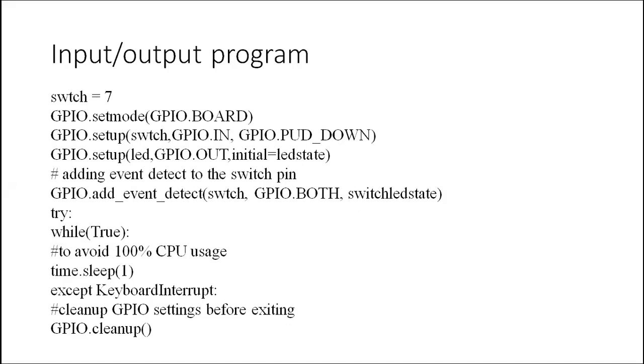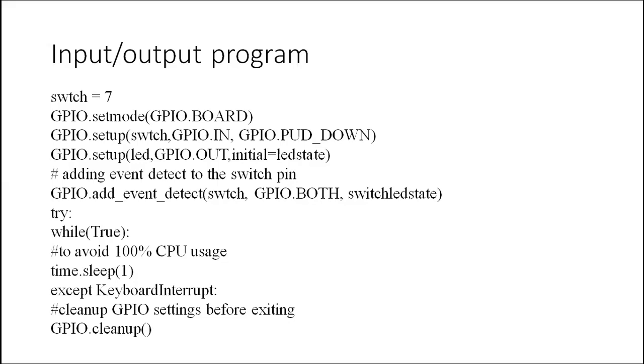The previous slide program. In this while True, I'm putting an infinite loop. If you completely dedicate the CPU to this program, it will unnecessarily waste time until the user presses. That's why we are calling a sleep method. It will go to the sleep method. Whenever the user presses, the event will be triggered. It will come out of the sleep method and perform the action. Otherwise, if the user has not pressed any button, it will be in the sleep state only. So this is how this program will work.